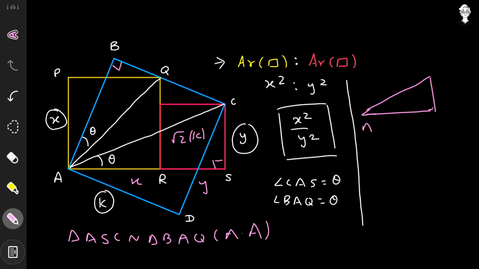So this is the point A, this is the point S, and this is the point C. This is 90 degrees, this angle is theta, this side is square root of 2 times k, the base is x plus y in total, and this height is having a length y. Now look in this triangle